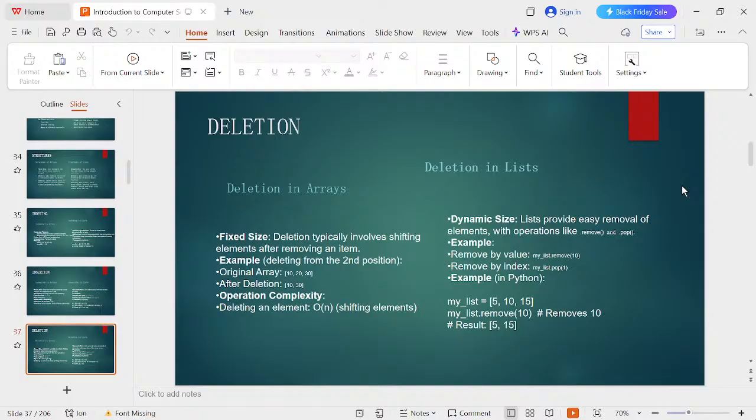And then deletion, or deleting. Deleting in arrays typically involves shifting elements after removing an item. For example, deleting from the second position, the original array will look like that, and then after deletion,